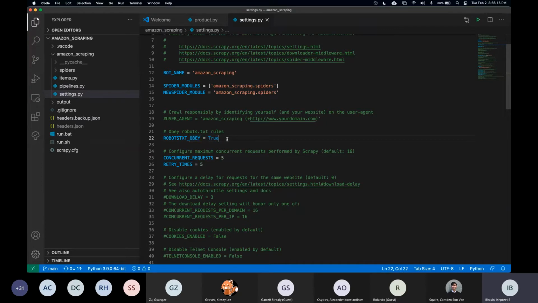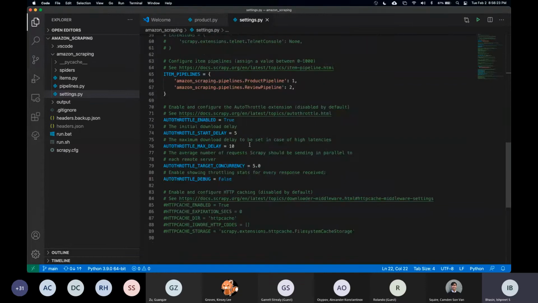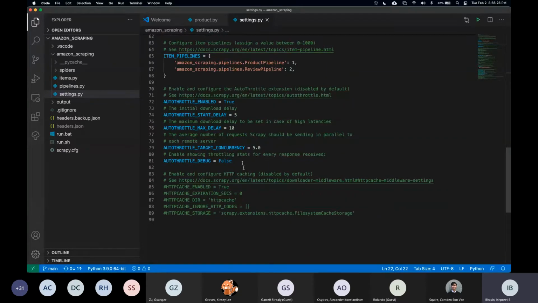So what that means is that our scraping bot will obey the rules of the robots.txt file to try to keep it more ethical. And additionally, I have used auto throttling here to slow down the speed of our bot so that it also doesn't put a lot of load on